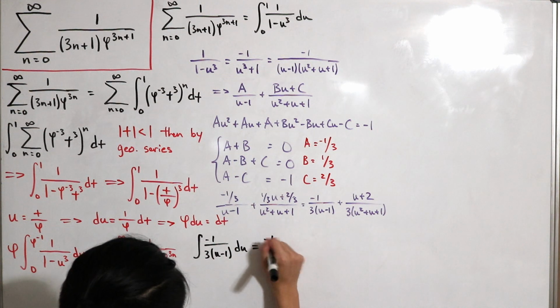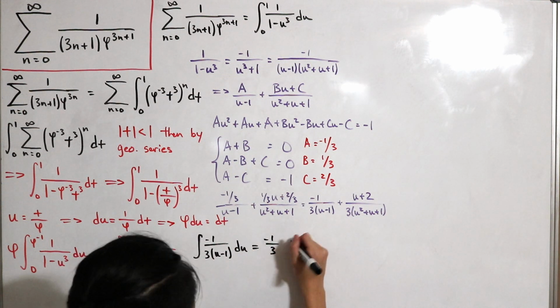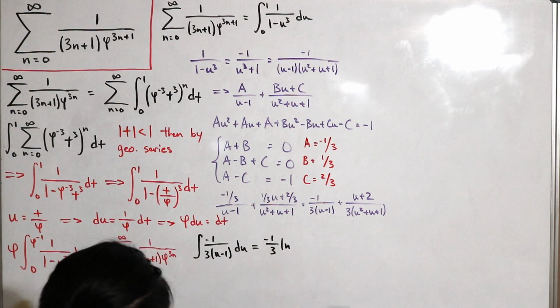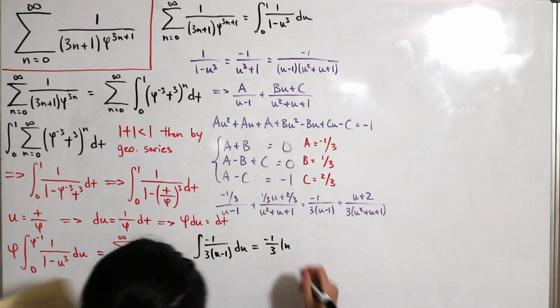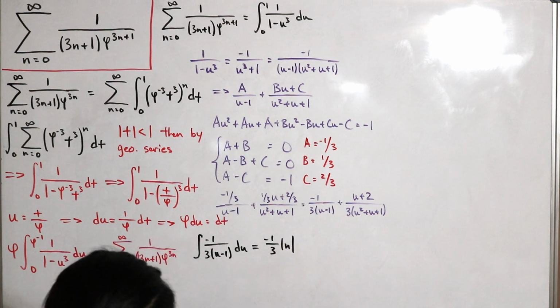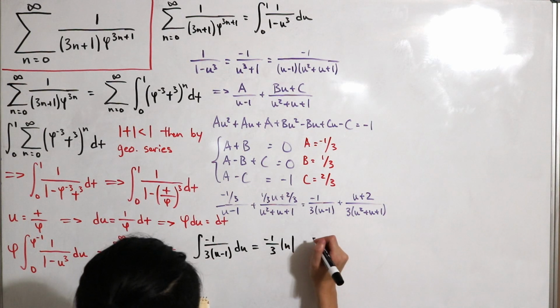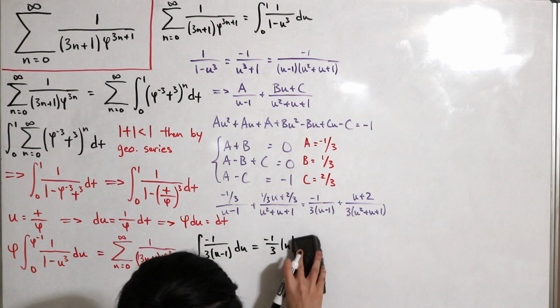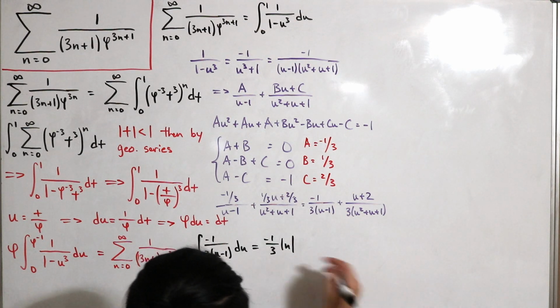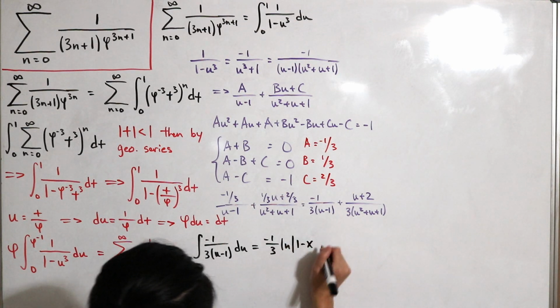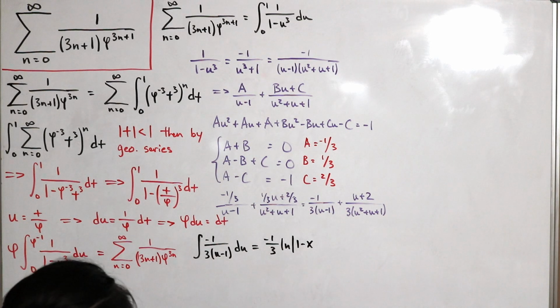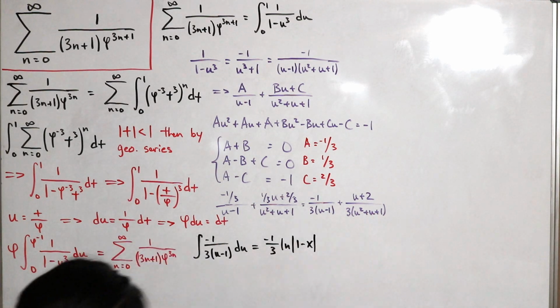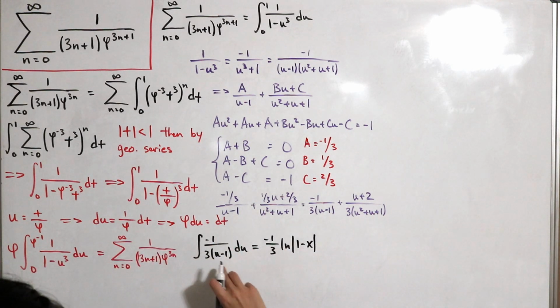This is actually just -1 divided by 3 multiplied with the natural log. And for the sake of safety, since we're dealing with positive numbers, let me just denote an absolute sign to this. And then this is just x minus 1. Or in this case, eventually we're going to have to evaluate the answer later, so I'll rewrite this back as 1 minus x. It's still the same thing as natural log of x minus 1 since it's just positive numbers really. I know there's supposed to be a plus c since we're dealing with indefinite integrals, but since we have